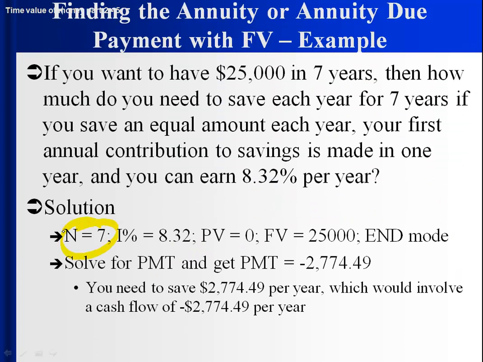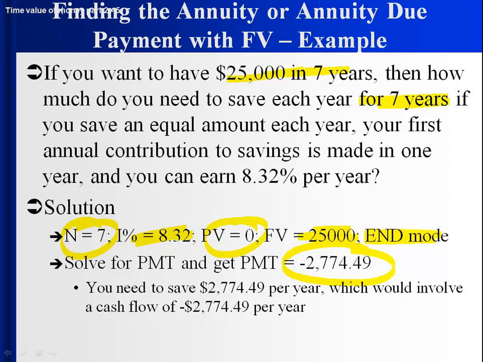Well, N is 7 because 7 payments and 25,000 in 7 years. First payment is in 1 year. You can earn 8.32%. There's nothing saved or nothing special at time 0. We know that because it doesn't say anything. Solve, and the amount we put in would be